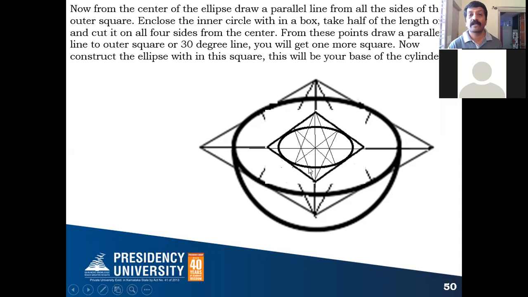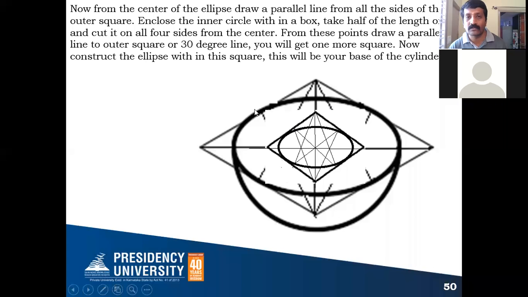Let me repeat: you take half the size of the box which encloses the inner cylinder circle, convert that into isometric scale, and cut it on all four 30-degree lines.